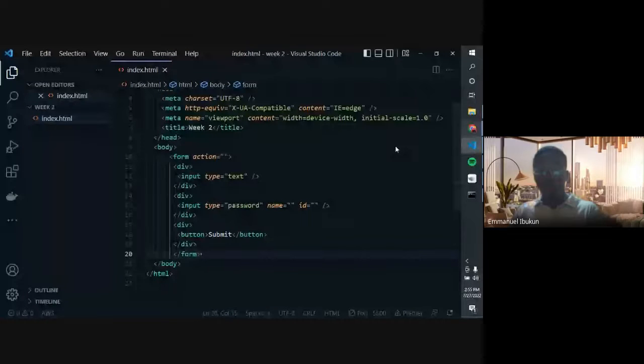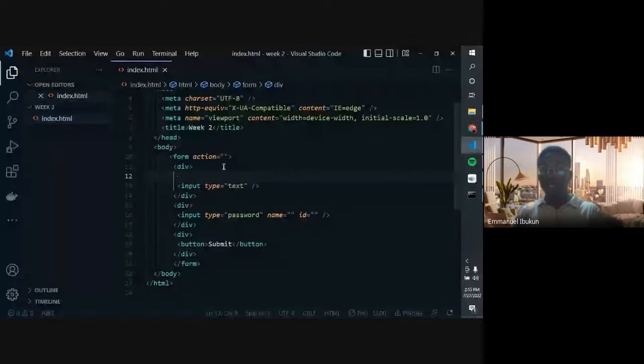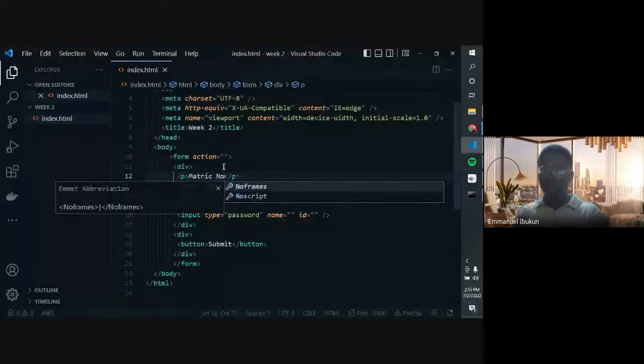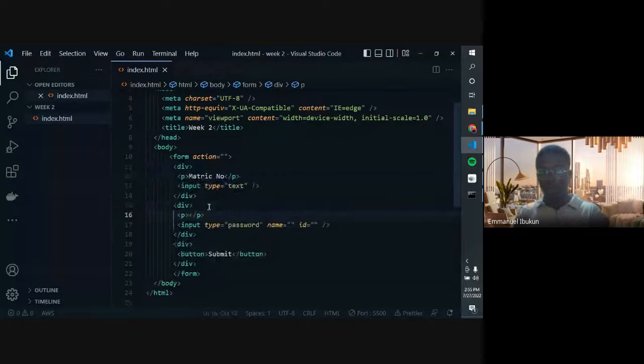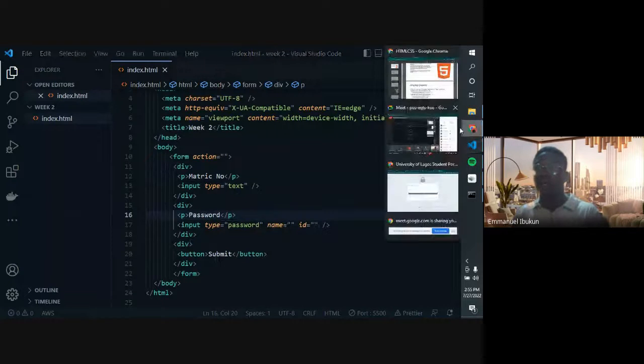Okay, now at the top, let us add the tag that is saying matrix number. And at the top of this other one, let's add another tag: password. And I guess that's one to submit. So now if you go back,